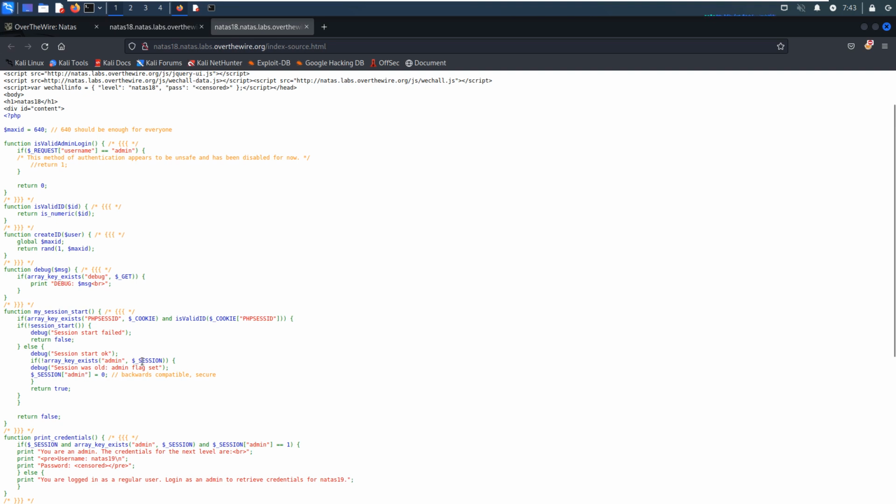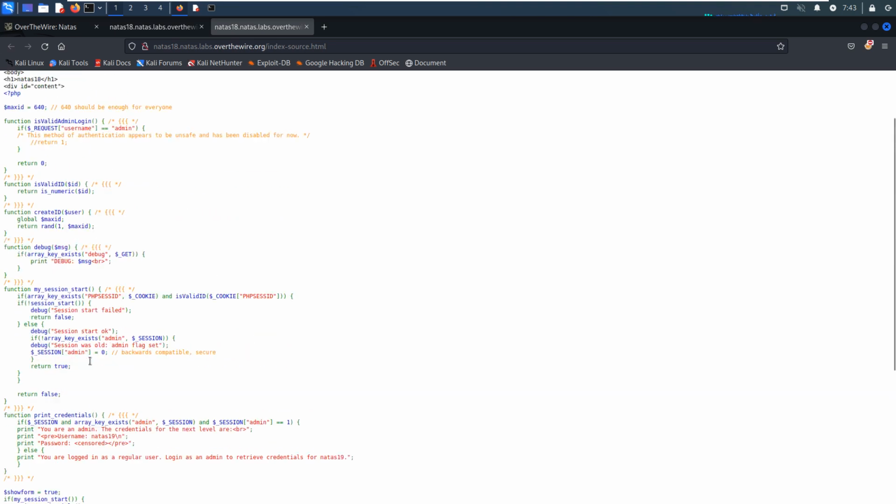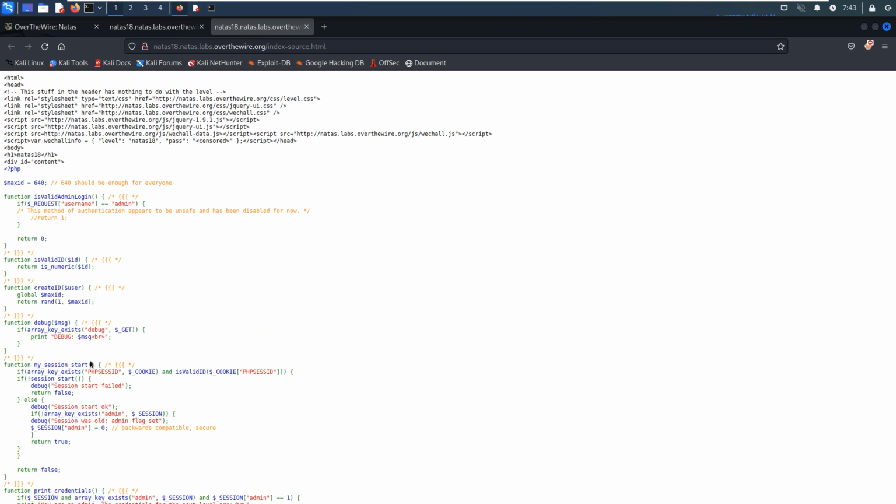And it checks whether the session has the admin value. So, these are the several functions which have been defined. As we know, whatever username we put, this username would be handled as a regular user.